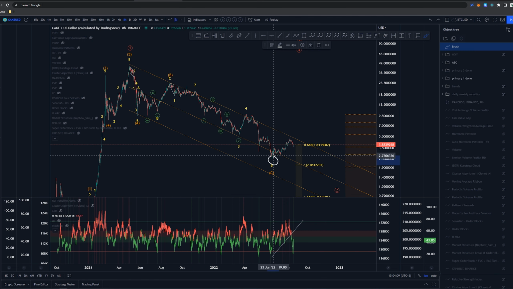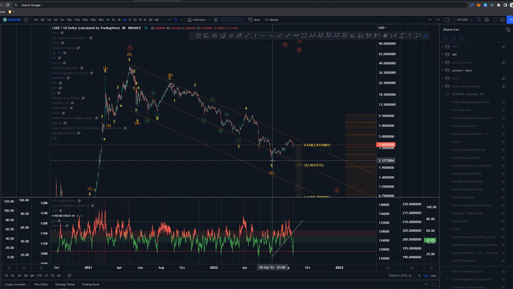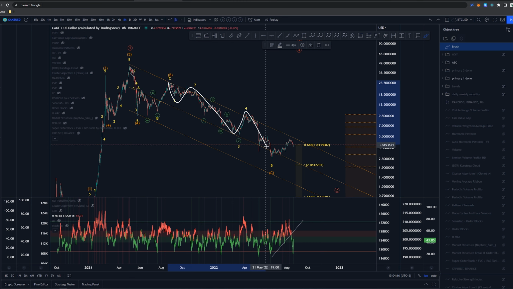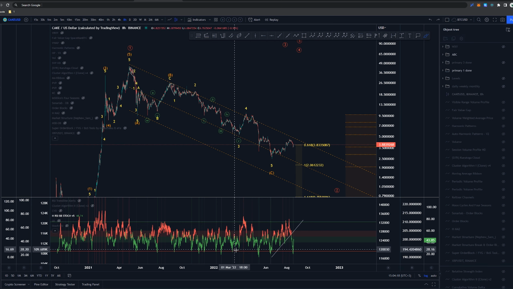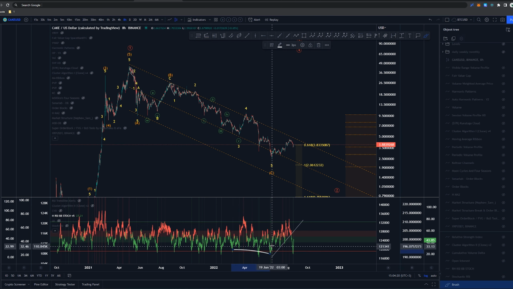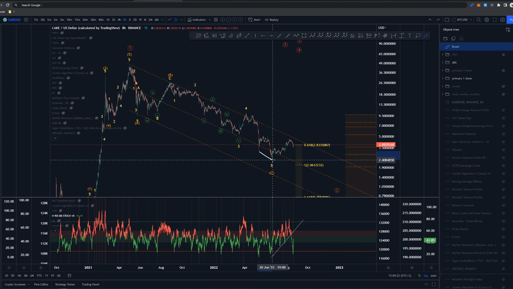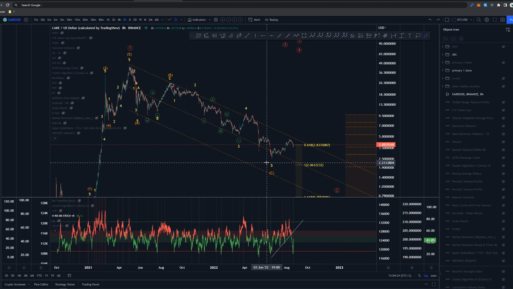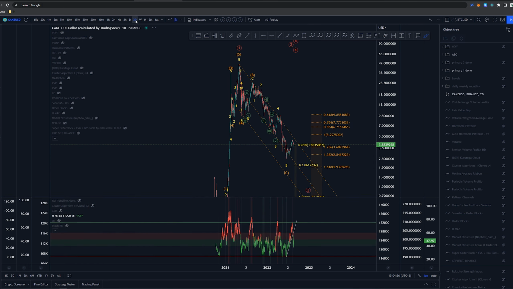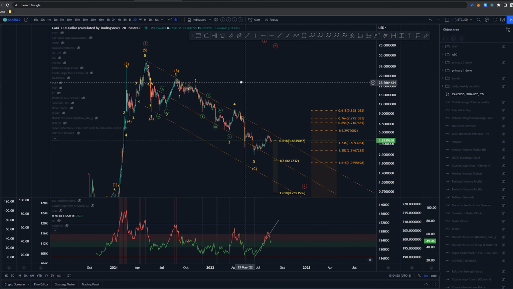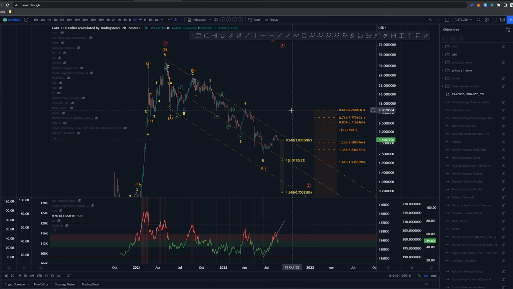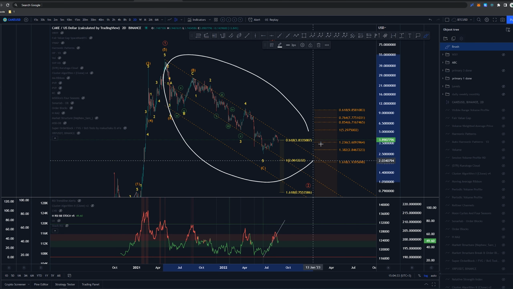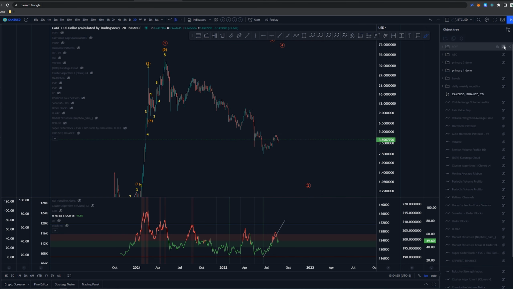This would end the count here at around June 20th or June 19th lows, having this as 1, 2, 3, 4 and 5. Doesn't have the perfect look, we don't have the divergence here between the third and fifth. We do have the divergence between these lows though, so overall it is looking okay-ish. Definitely not the best look. To me, I don't think this whole structure is done here, and that's why I have the other count